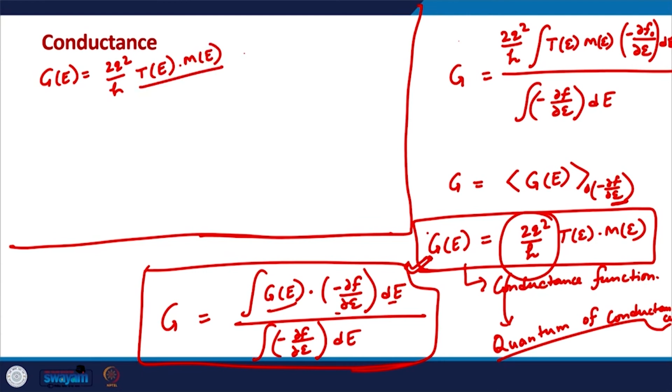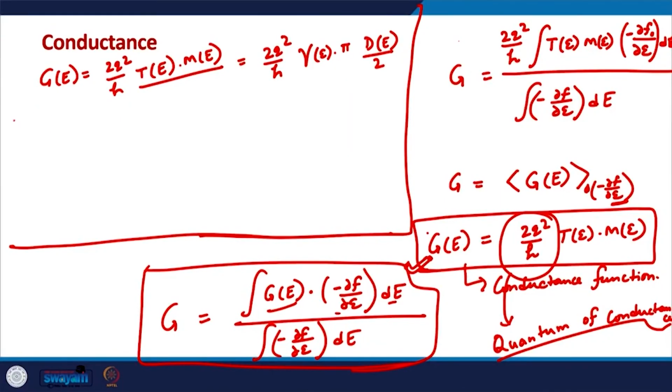This term is essentially 2q square by h times gamma(E) times pi D(E) by 2. Let us try to see how the conductance function looks in the case of ballistic transport and in the case of diffusive transport. So, in the case of ballistic transport,